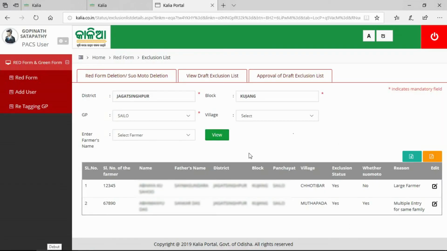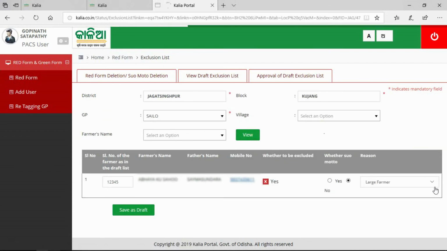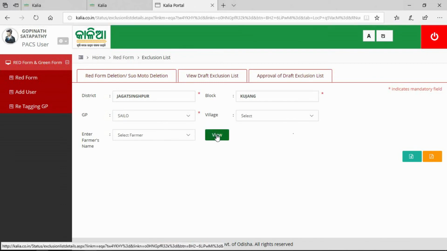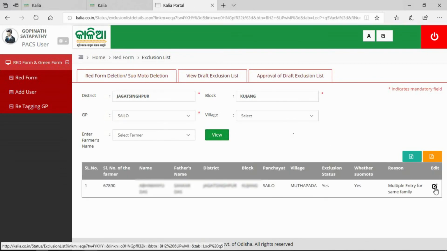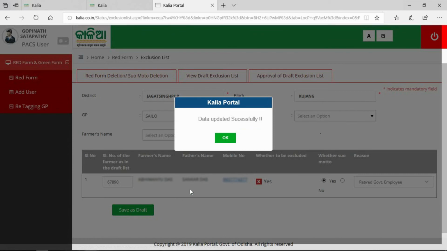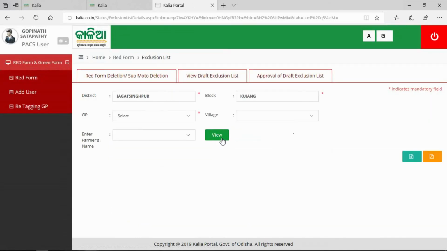After the verification of the draft list, if any inconsistency is found, such as a missing record, wrong selection of beneficiary, wrong reason, etc., then click the Edit option against the beneficiary. This will reopen the record of the particular beneficiary, and after undertaking necessary corrections, the updated record is to be again saved by clicking the Save as Draft button. This process could be undertaken by PACS or GPNO on a daily basis or as per requirement for validating data which has been entered as per Part B supra.